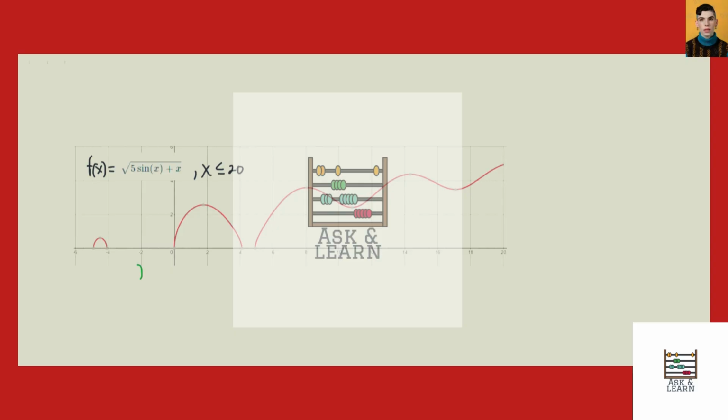We want to use some kind of CAS software to graph the function f of x is equal to the square root of 5 times sine of x plus x when x is less than or equal to 20. So I went ahead and did this here. The first thing we might want to do is to just write down where these intervals are, because later on we're going to want to find the first and second derivatives